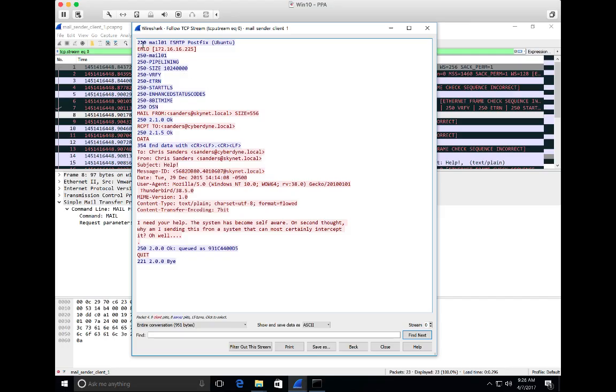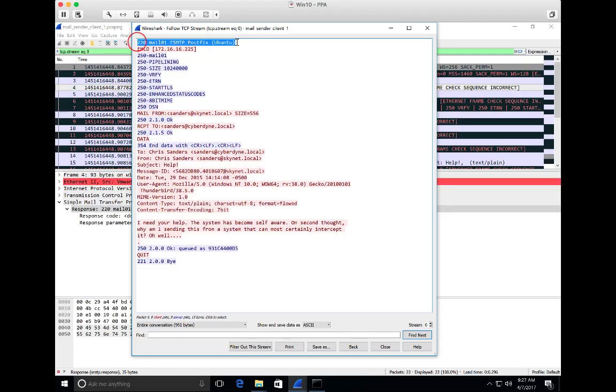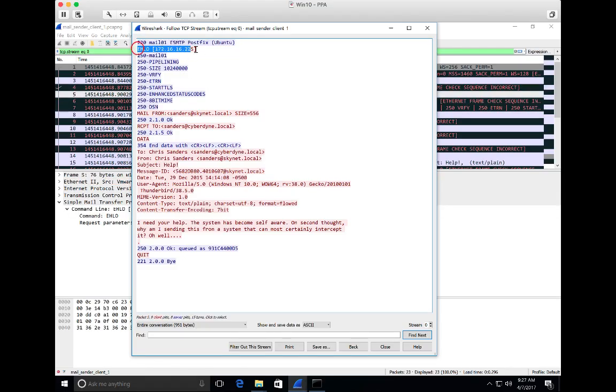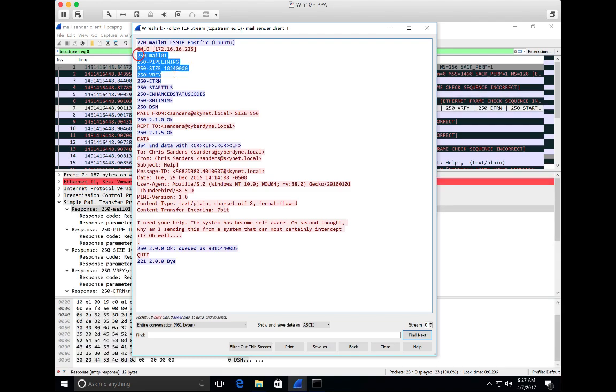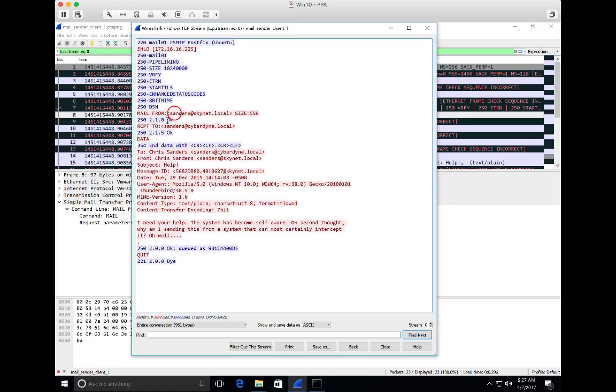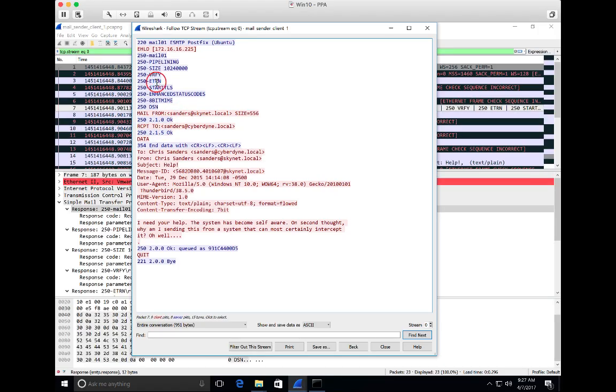And you notice we see a lot of the same things we already saw. Here is our banner advertisement. Here was our EHLO command. Here was some of our supported parameter commands from the server. And notice when I'm clicking on things, it's actually bringing me to the packet that it's represented by back behind this. So if you need to go to the individual packet, you can certainly do that as well to examine the other layer information. So that said, we're ready to talk about the process of actually sending mail from the